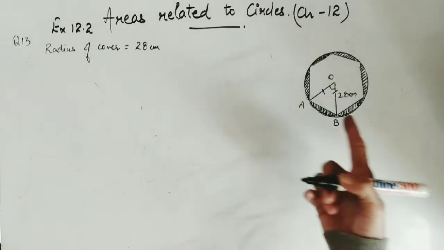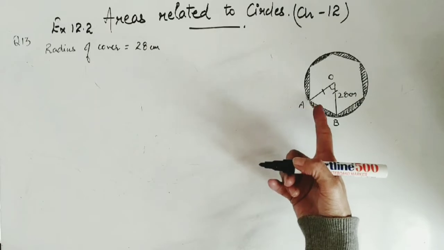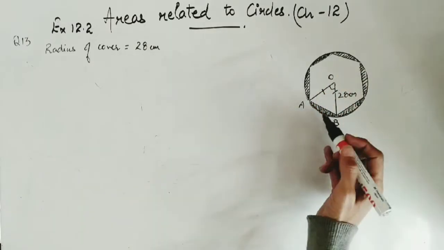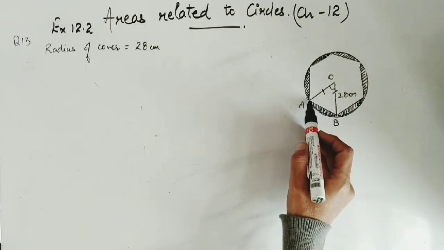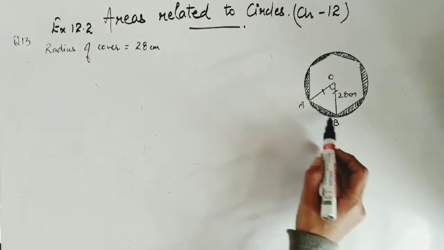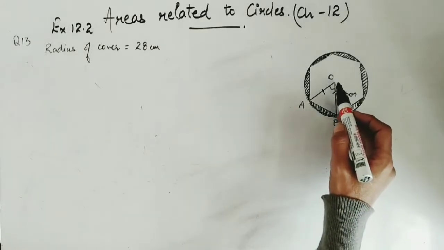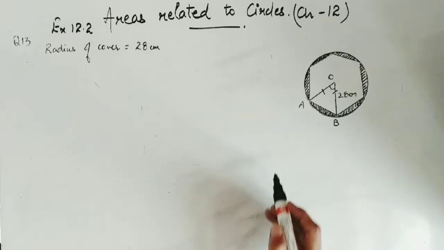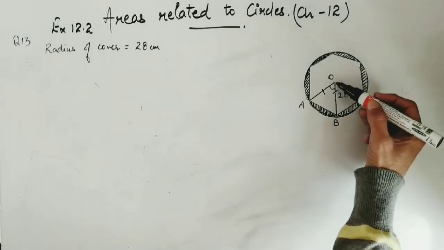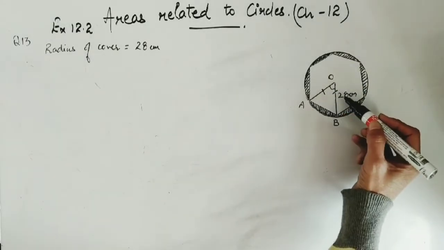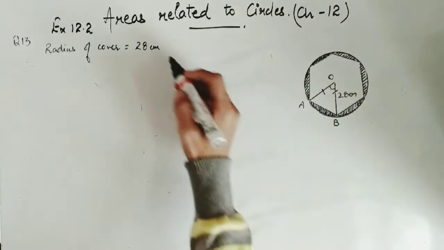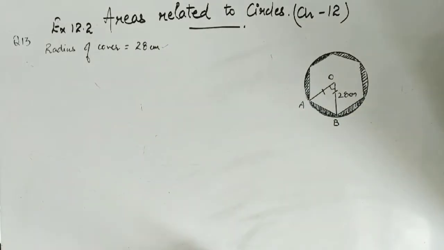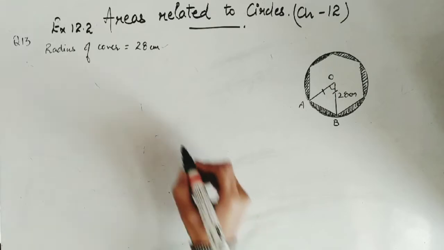So what can be the measure of the angle? Out of 6 I have taken just one part, marking the ends as A and B. So taking AB as a chord, joining it to the center, AOB is a triangle obtained in which OB and OA are of measure 28 centimeters. Since the radius is 28, we are finding the angle.